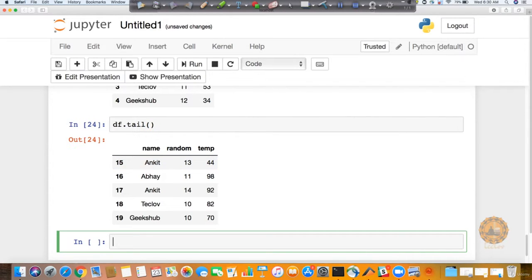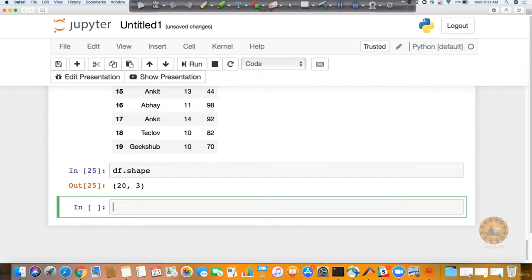Now, just like in a NumPy array, you were able to check the dimension of your NumPy array, similarly here also you can check the dimension of your data frame by using shape, because if you think of a data frame, this is also nothing but a matrix, right? You will have rows, you have columns, so it's going to be like a matrix. That's the reason when you do shape, it is going to return you the dimension of your data frame. If you want to check the columns present inside the data frame, you can say df.columns,